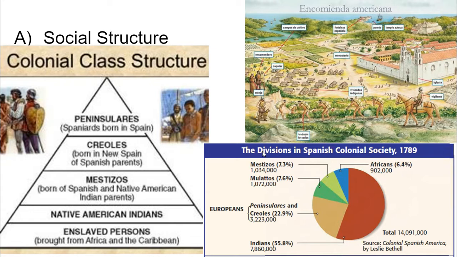These colonies were dominated by this social structure, laying out the idea that Peninsulares, Spaniards born in Spain, and Creoles, Spaniards born in the New World, were on top of this structure. People of mixed race were in the middle, Native Americans and enslaved people were on the bottom. But unlike the colony of Saint-Domingue, in the Spanish colonial society, Native Americans still made up the vast majority of the population. After the diseases went through, Native populations stabilized, and there were still lots of Native Americans here. So, obviously, everyone who's not white in this system does not have as many rights and privileges, and so all of these people are already unhappy with the system.